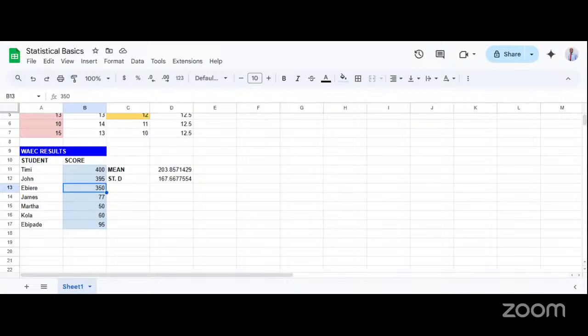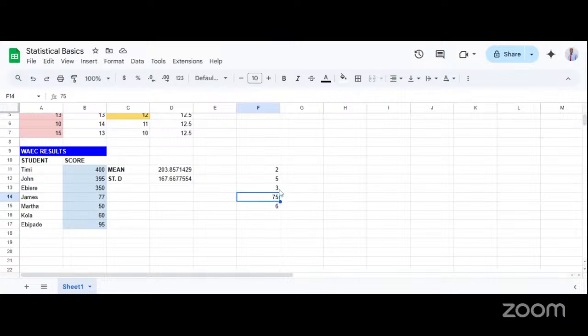So let me write this down: 2, 5, 3, 75, 6. We have five values in this set, but 2 is very close to 5, 5 is a bit close to 3, and this is a bit close to 6. But 75, none of these numbers are that close to 75. So at this point again, 75 is also an outlier.